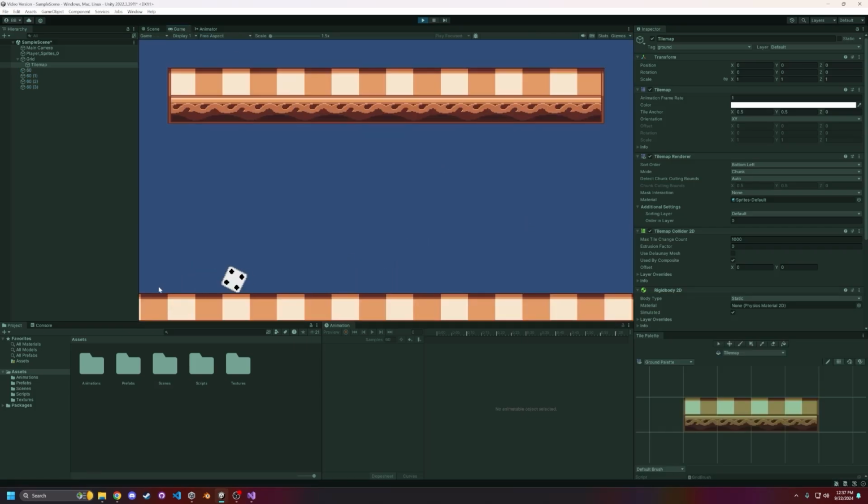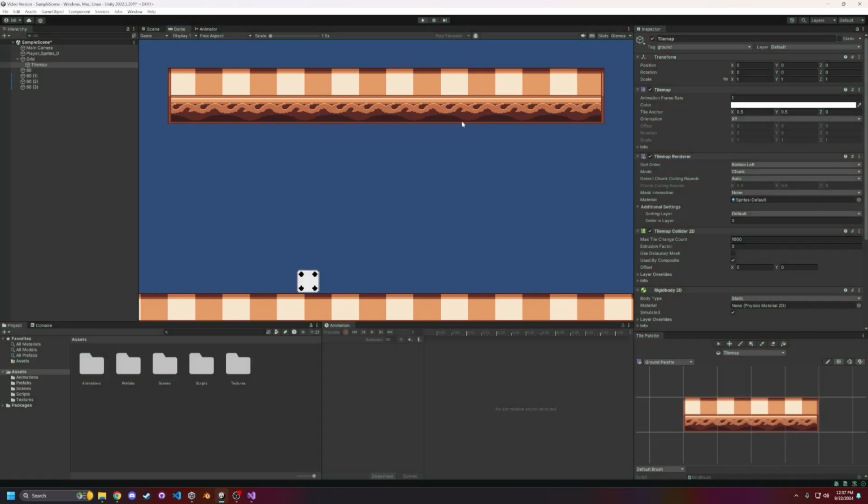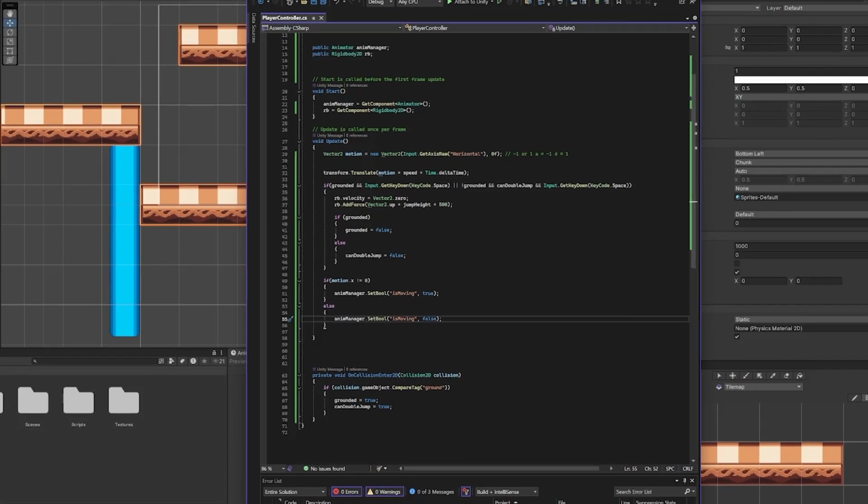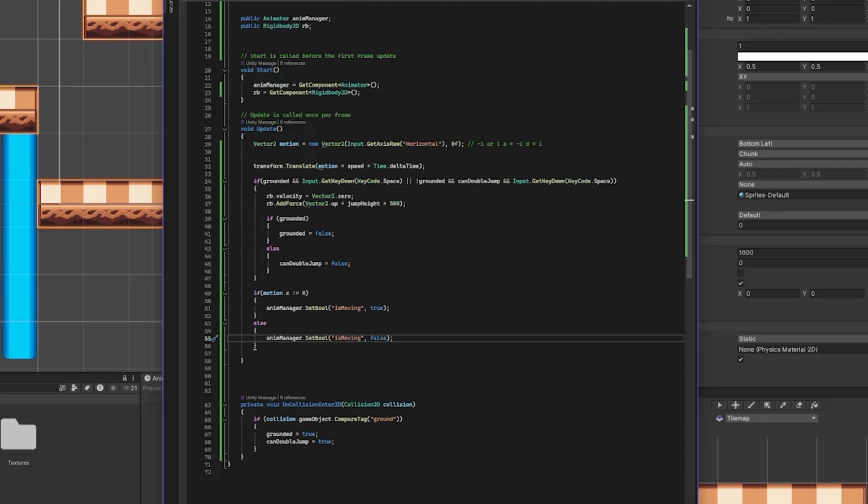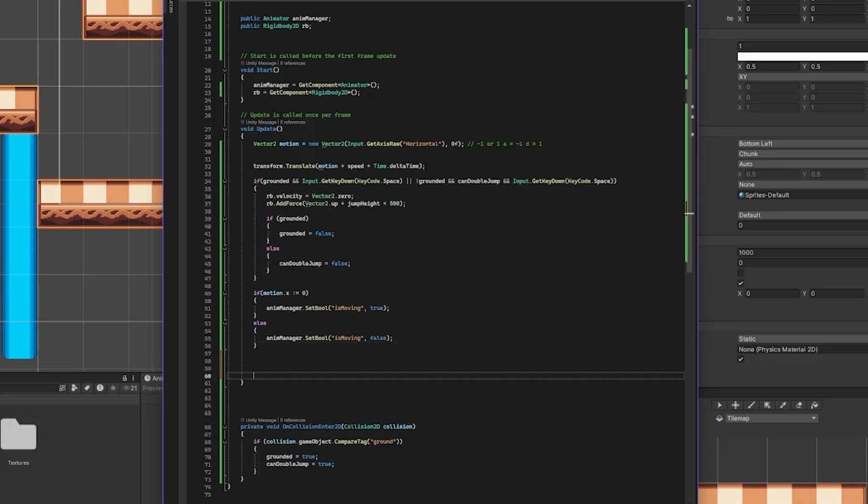You can see we're moving backwards here, but if we're going forwards, we do have the sprite playing. Now, if we want to fix this problem, we need to go back into our script real quick. Let's do a check here. Let's do another if statement. If motion.x is less than 0, which means we're moving backwards,